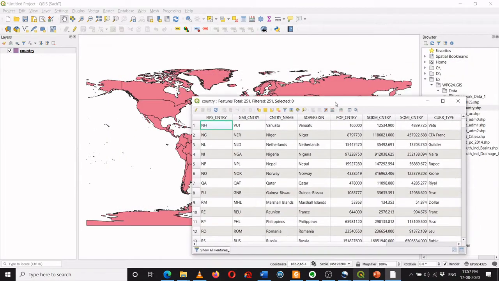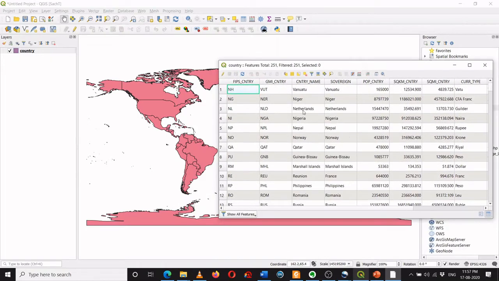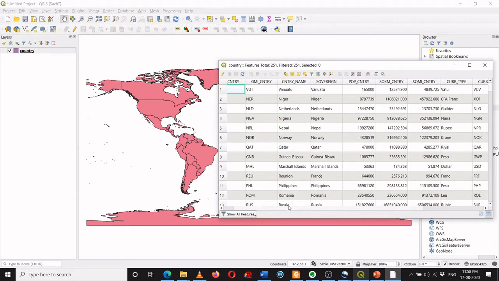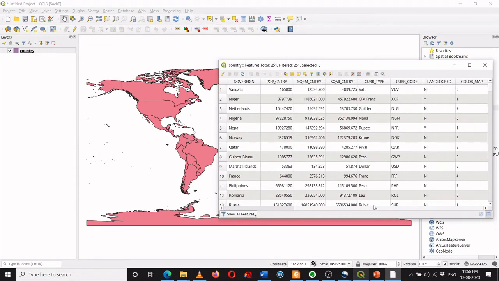Now this attribute table is attached with this map. So as we have learned earlier, this vector data model is nothing but a composition of the spatial aspects which you see as a map and the attributes which are there in the attribute table. This attribute table is similar to an Excel table, and here you have a lot of information stored.